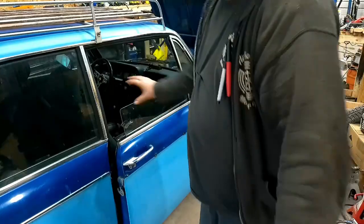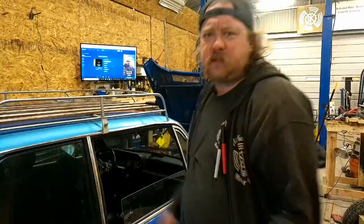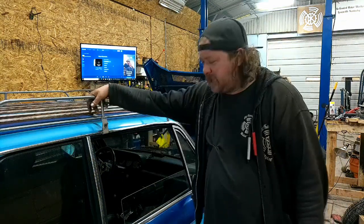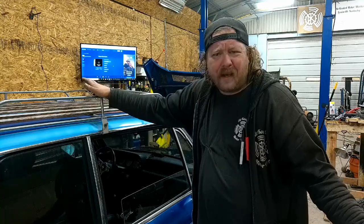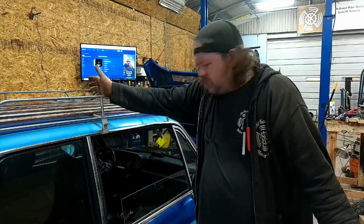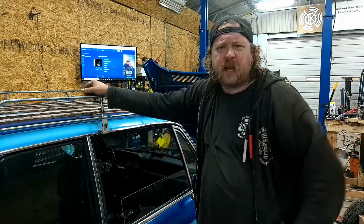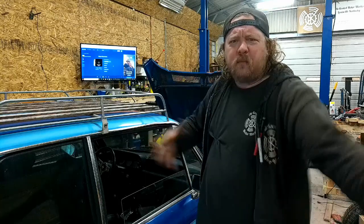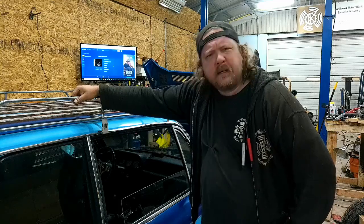Anywho, we're going to try to tackle this door and try to get it to shut. Because the last shop that managed to get this thing running enough to go 3 blocks and break down said it was, I don't know, their body guy, whatever. Apparently, it was like 15-plus hours to get both these doors to actually shut, because you gotta take them off and move them and do lots of body work. To me,